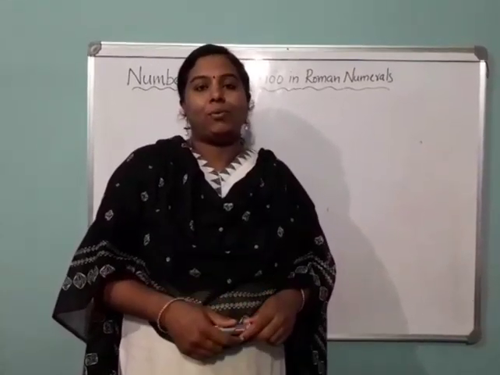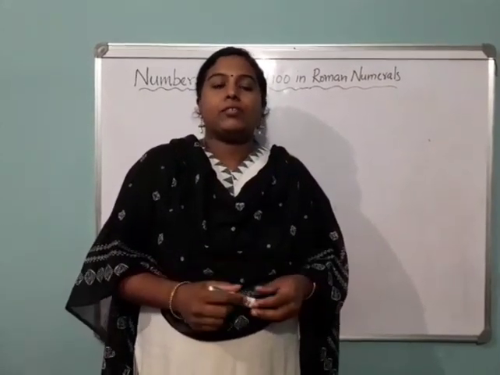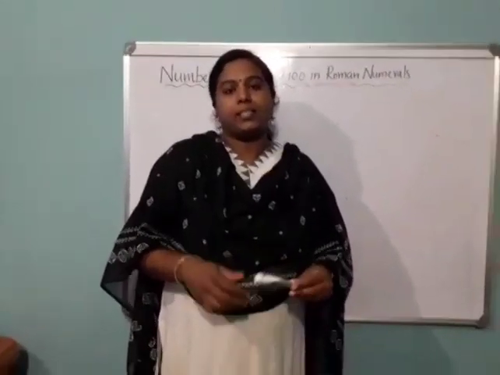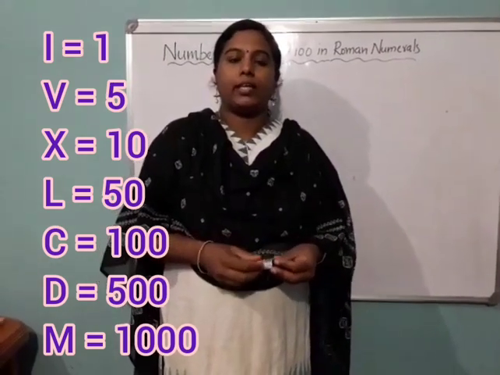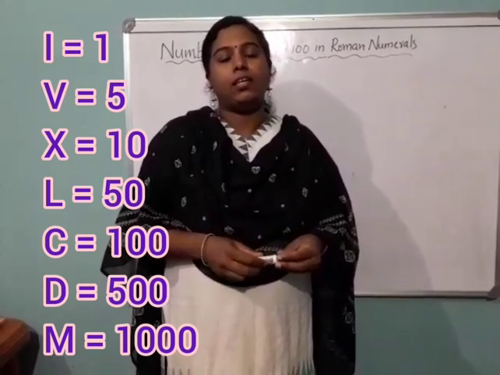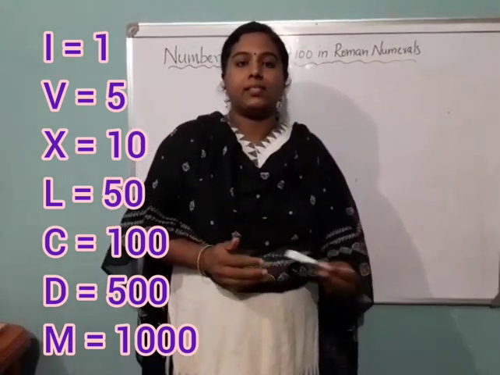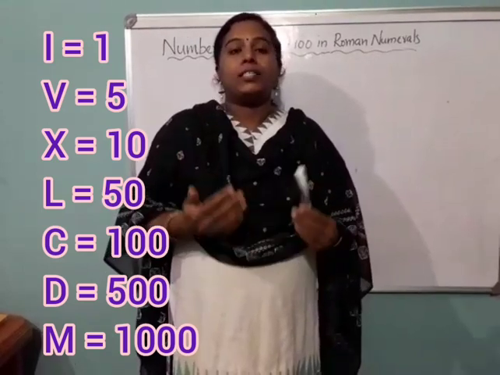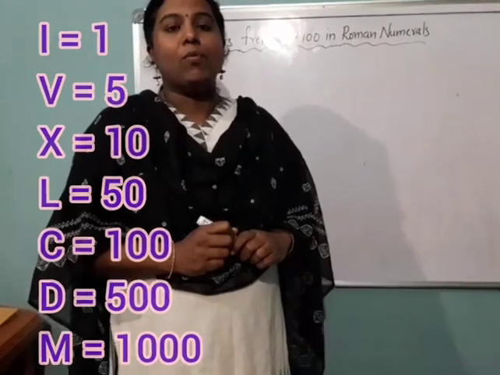So we learn how to write the Roman numerals in an easy way. For this, first you have to know the values of each symbol. We already discussed I is 1, V is 5, X is 10, C is 100, L is 50, D is 500 and M is 1000. So first you have to practice the symbols and their values. After that we have to learn how to write the numbers from 1 to 10. Let's see how to write the numbers from 1 to 10.